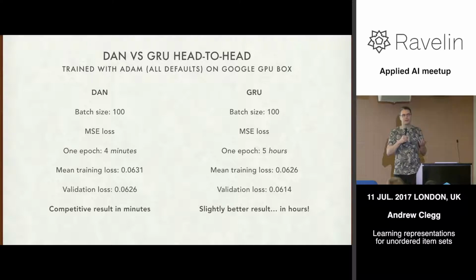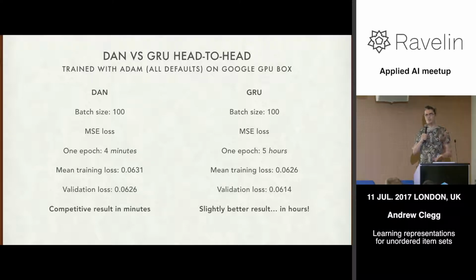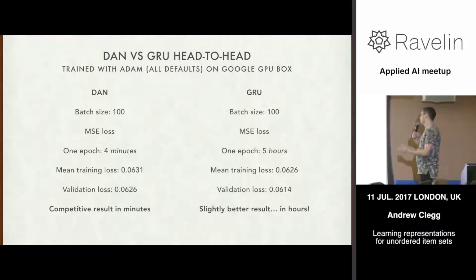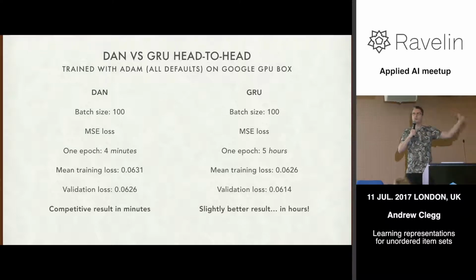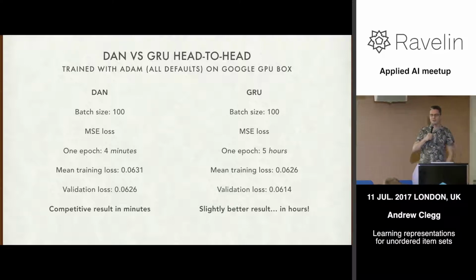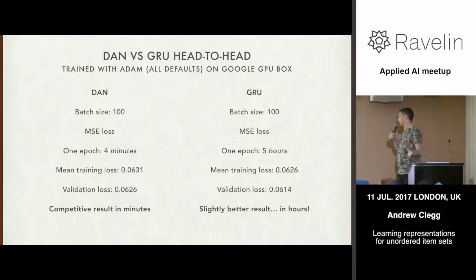So the GRU would be expected to learn better without saturating. Actually, after a single epoch, it does learn better. It gets to a loss of 0.0614. That's just regressing on what proportion of items in this order will be reordered in the next one. But anyway, that's a bit of a toy example just to demonstrate that we can learn something